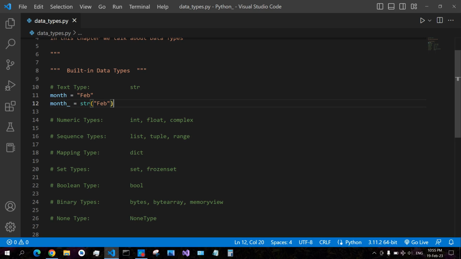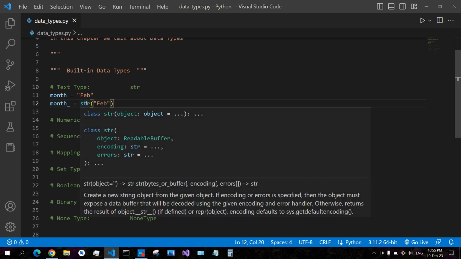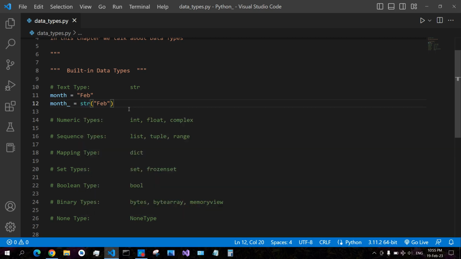We pass the value to the class or to the type through the constructor of the class. We will talk about classes later in this video, but for now just know that classes have attributes, methods, properties